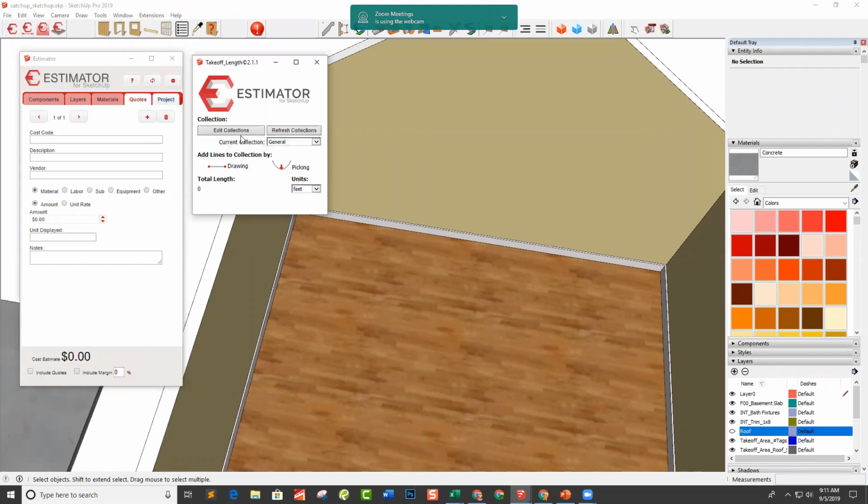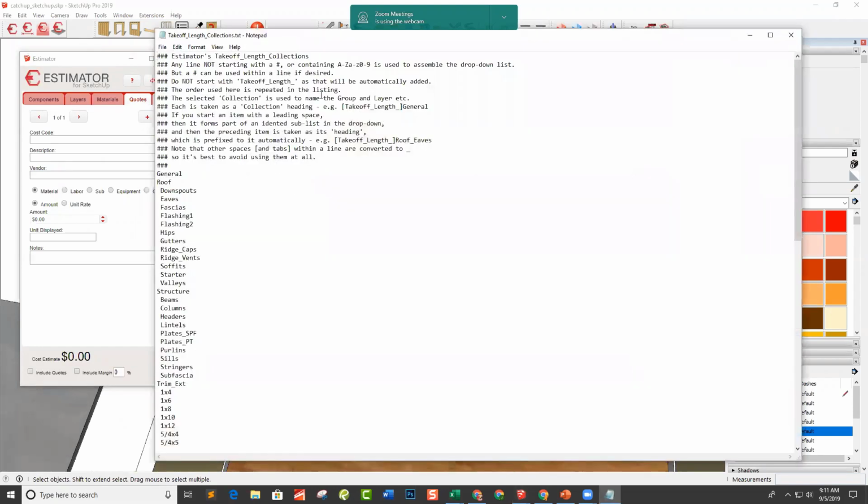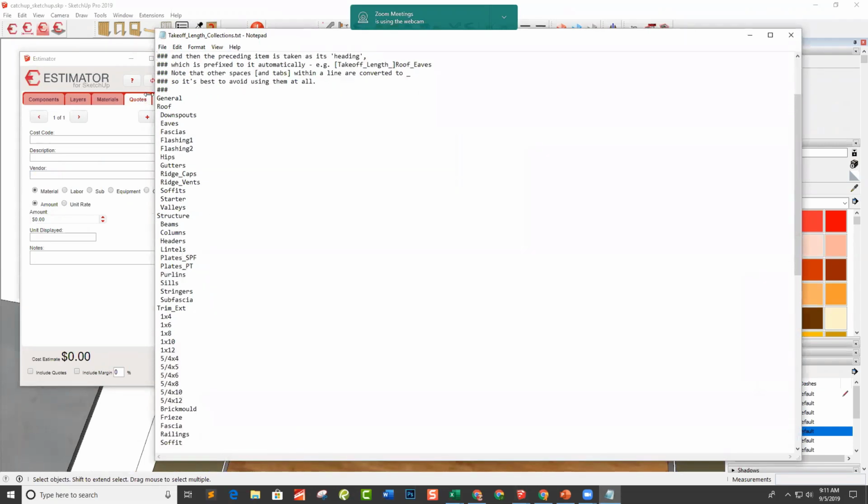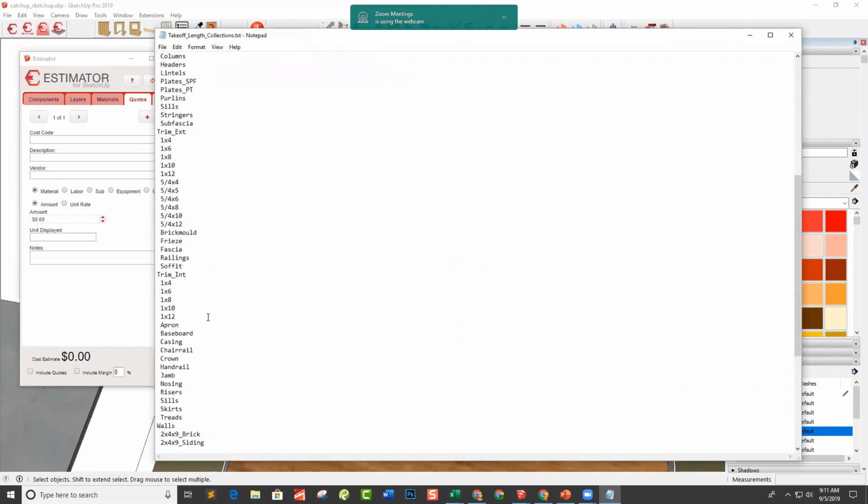So if I went to edit the collections, you'll see it opens up a little simple note file that I can come in, and you could wipe this out completely that comes with it and put your own things in. But for example, we've got, where's our trim? Interior trim, and we have baseboard. Let's say that I wanted to put in a new type of baseboard, and I'll say tall. You have to do an underscore. You can't have a space. 1x6, and then you save it,